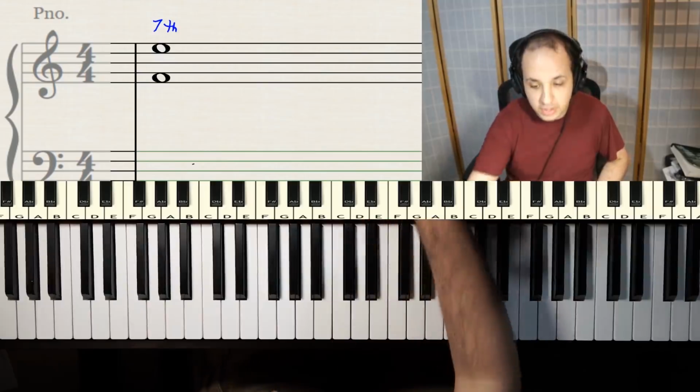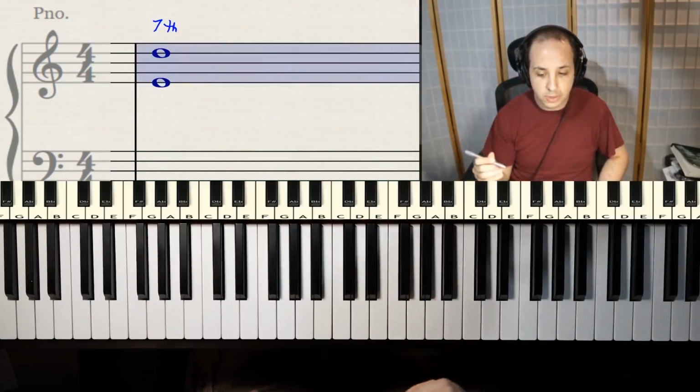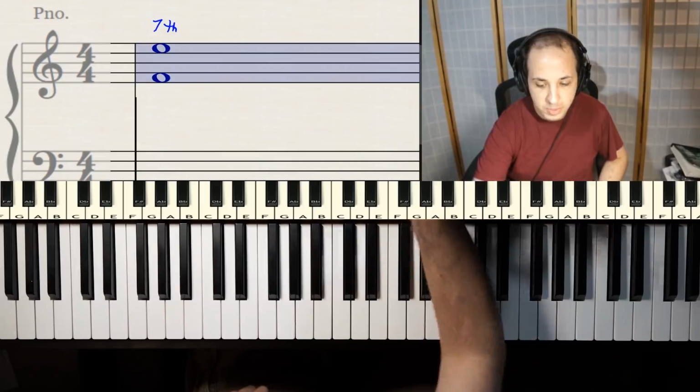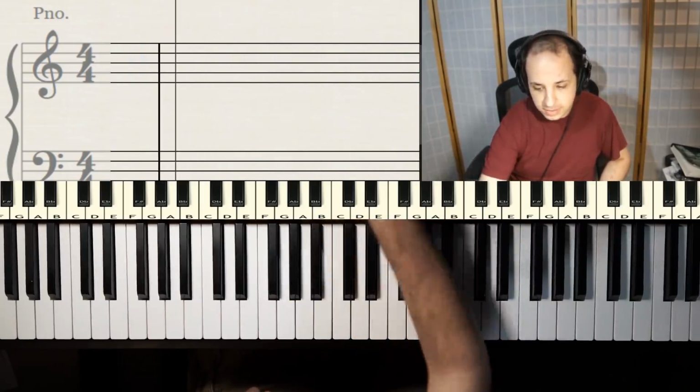So there's our seventh. And then keep in mind with the seventh, like I mentioned before, if I move that bottom one to a line, notice how the top one goes to a line. Space, space, line, line, space, space. Just like that. The last one we're going to do today is an octave,